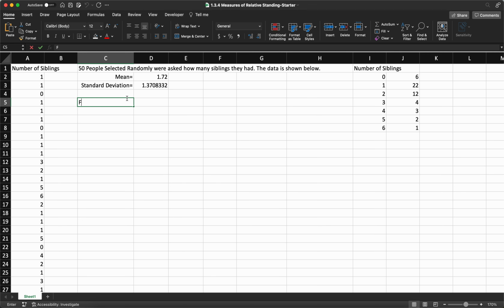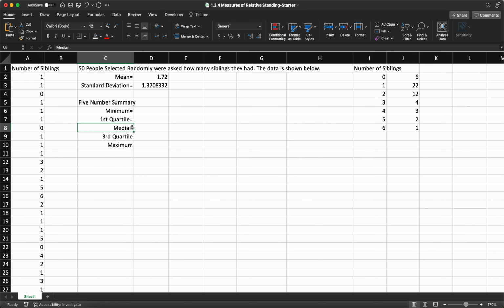So what we have is something called the 5-number summary, and that 5-number summary includes the minimum, the first quartile, the median, the third quartile, and then the maximum. So this is the 5-number summary. And so we can calculate each of these